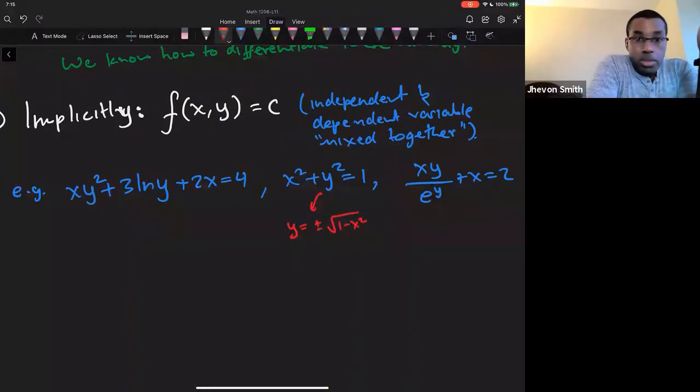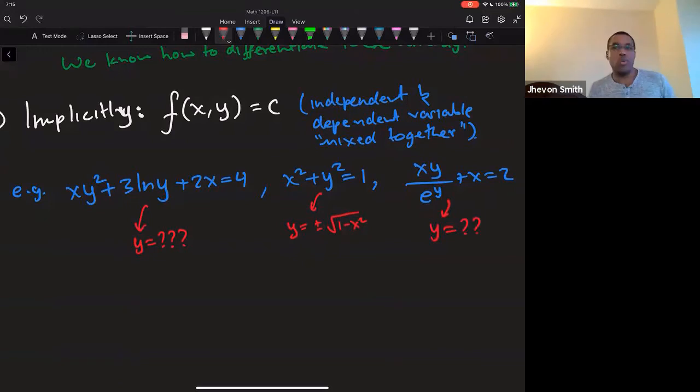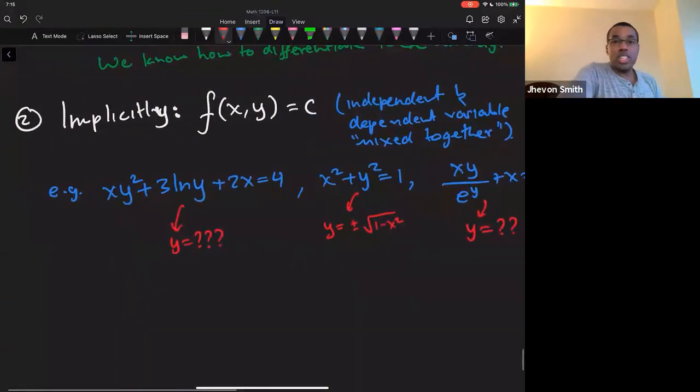But sometimes you can't solve for y. Like here, y equals, I don't know, what do you expect me to solve that? Here, y equals, come on, man, cut me a break, right? I don't know what y equals in those cases. So this presents a challenge